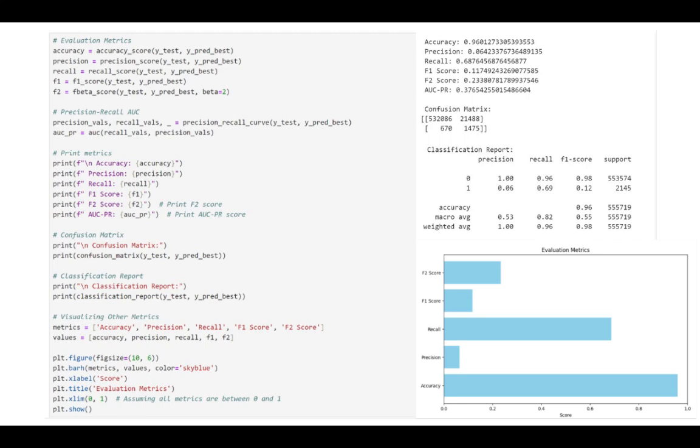So to summarize our findings, our ridge regression classifier, when it's trained on the best parameters in our dataset, had an accuracy score of 96.01%, a precision score of 6.42%, a recall score of 68.76%, an F1 score of 11.75%, F2 score of 23.38%, and an AUC-PR score of 37.65%. These values indicate that this model is very accurate as seen from our accuracy score, but is also very imprecise given the precision score,